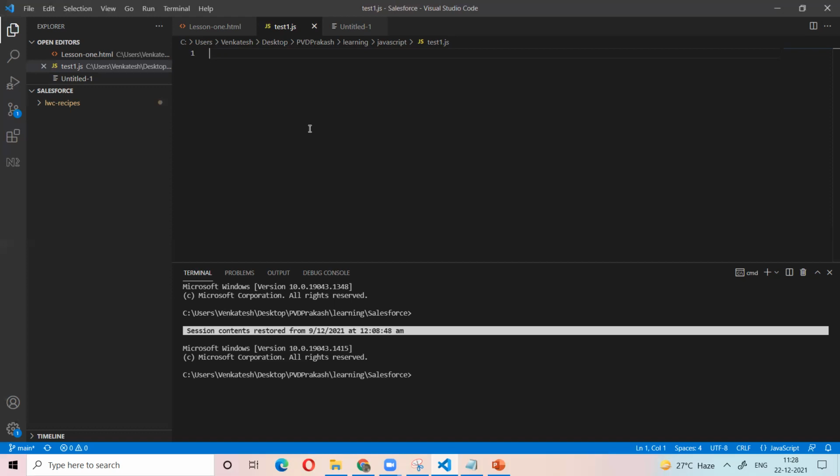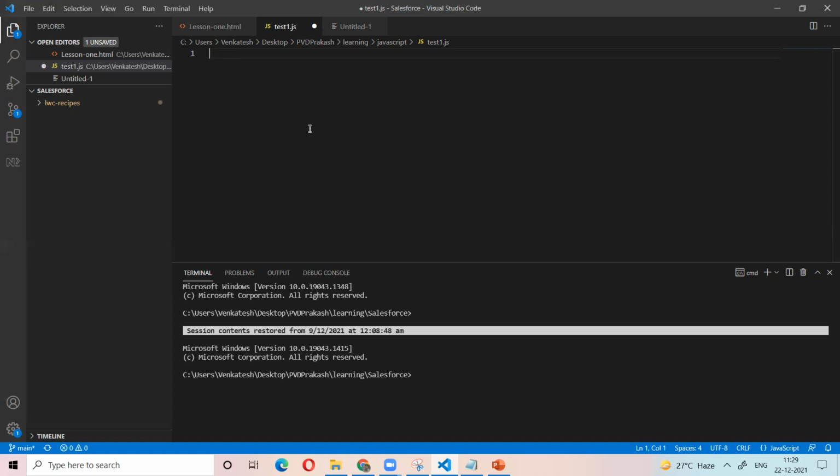For example, previously we defined the variable x, initially gave the value 2, and later gave the value 5. So we can change the value of that memory location. But constants are not like that. One time declaration, one time assignment. If we assign one value, throughout the program the value cannot change. If you try to change that value, it gives the error.